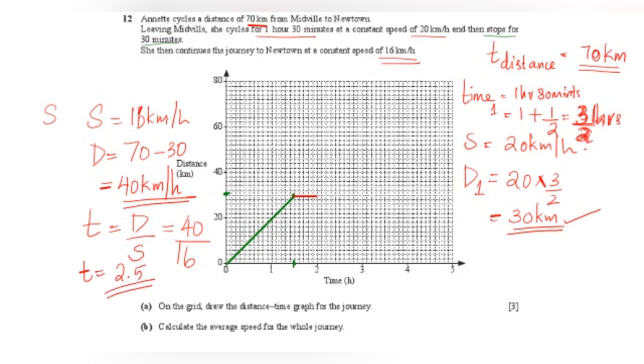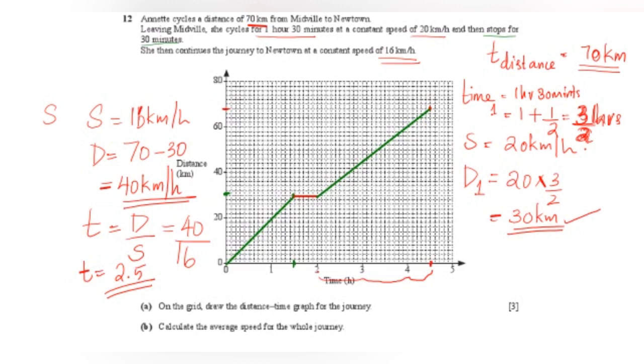So starting from here, count 2.5 hours. So this is 1 hour, 2 hour, 2.5. And the distance is 70 kilometers. So 70 kilometers is over here. So the point where they intersect would be here. So let us make a straight line from here till here. So here we have completed our distance time graph, which is the first part of the question, and it carries